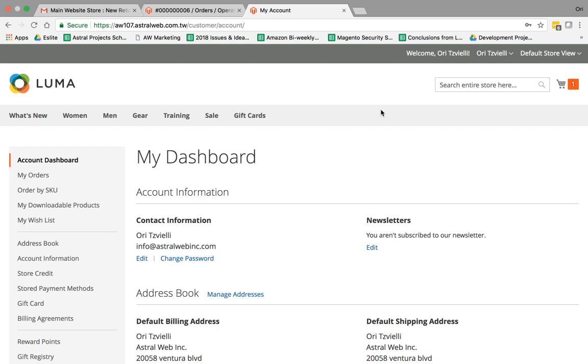So RMAs are return management, right? That means for Magento, if a customer has made an order and shipped a product, the customer can ask to return that product for a replacement, a refund, or store credit. They will actually have to request it and then ship that product back. That product will get verified, authorized, or declined. And then, depending on what the client requested, we can either issue a refund or a return, exchange, etc. So that's kind of the concept of it.